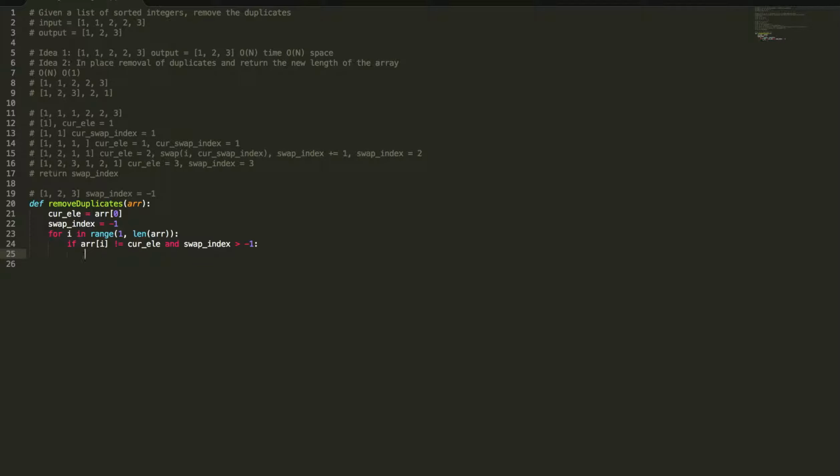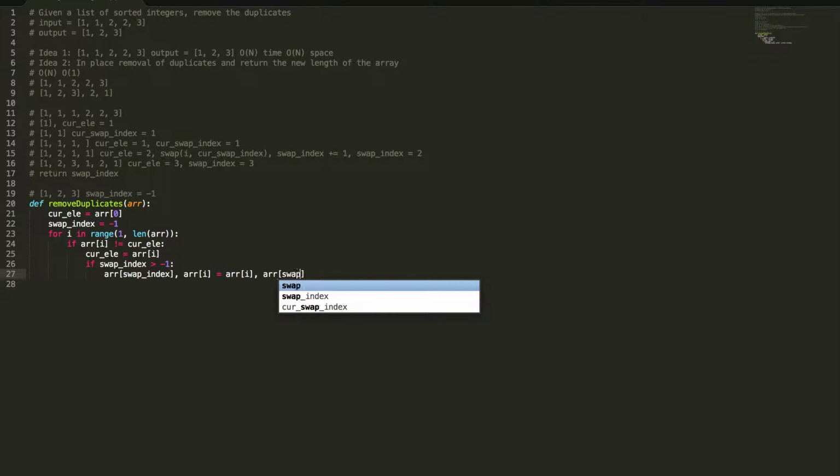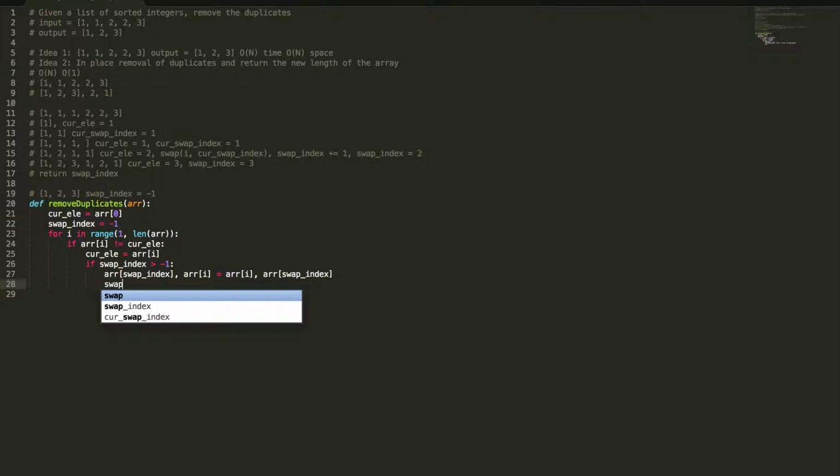So if your current element is not equal to this, then you set the current element equal to array I. And now if the swap index is greater than -1, then you swap the elements, and then you increment the swap index. Else, if it is equal,